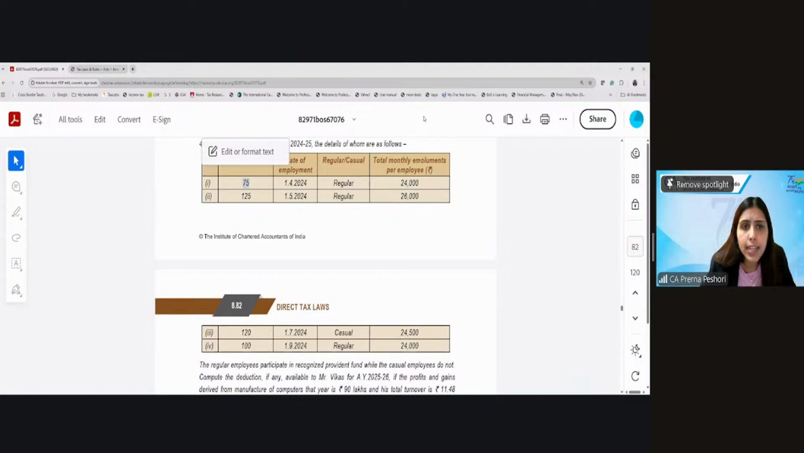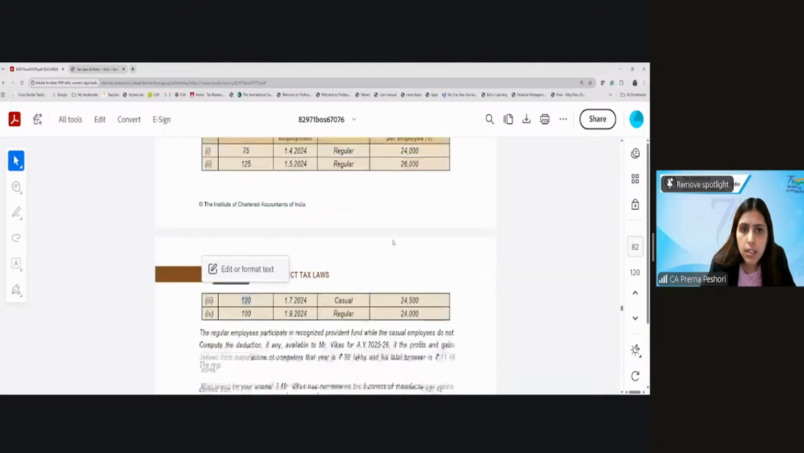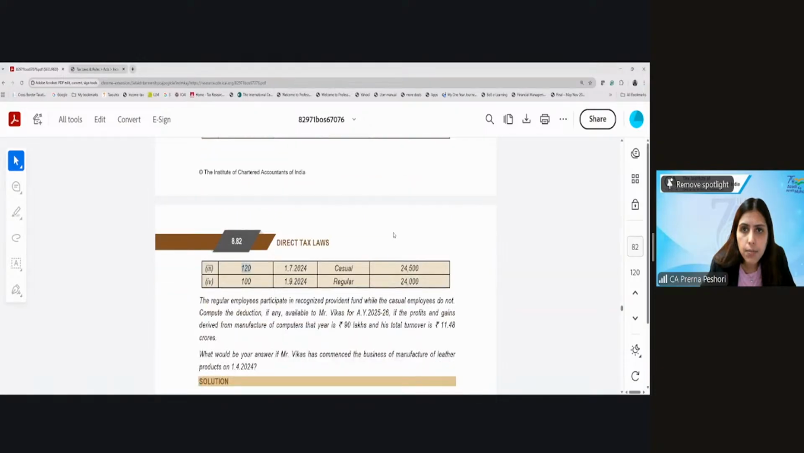Clear? What about the next 125 employees? It's more than 25,000, so not covered. What about the 120 employees? Not eligible. Why? They do not participate in recognized provident fund, because they are casual employees. So therefore, we will not cover them. Right? Next is